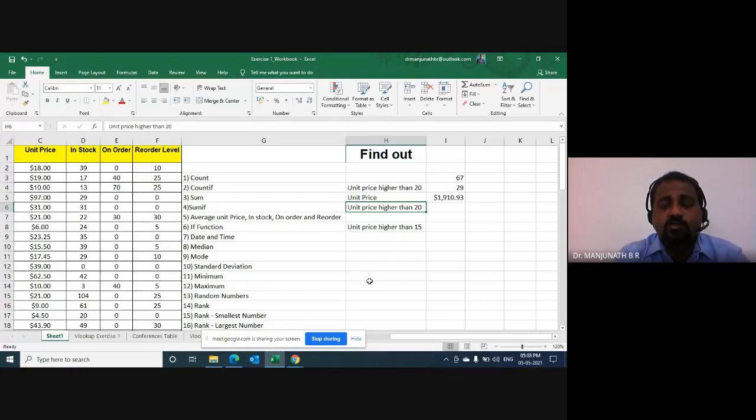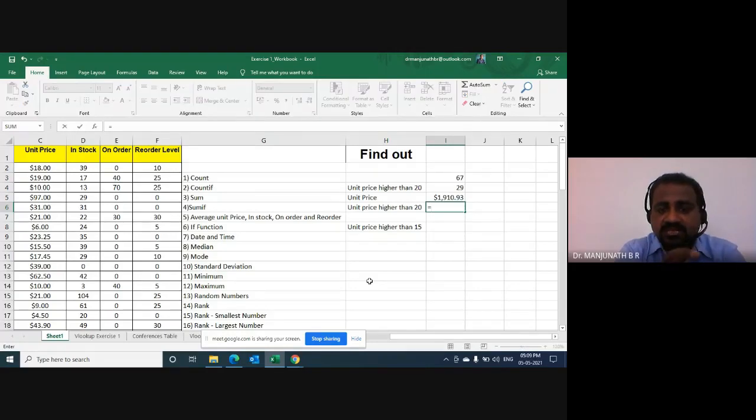Now what do we do? We go to the cell here. Let us all do it together. I want you all to be in column I. For task 4, we will write equal to, and the task is saying SUMIF. So write down SUMIF. The moment you write equal to SUMIF, your Excel is talking to you. Just read that. What is Excel saying? Excel is saying it adds the cells specified by a given condition or criteria. Yes, it will be adding up a total range, but for the condition or criteria which is given.